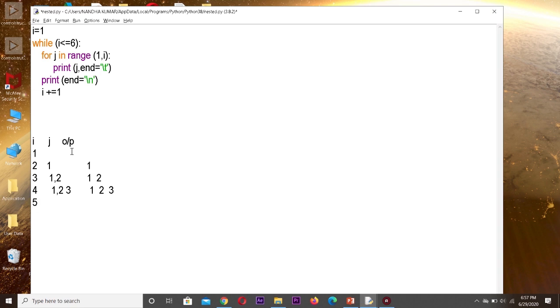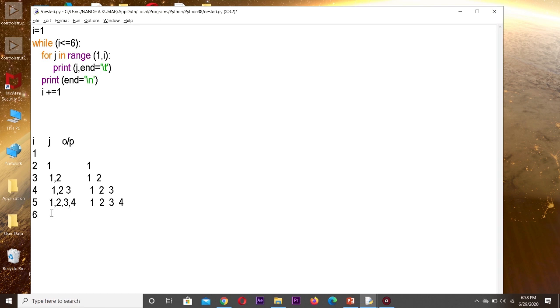Next i gets incremented, \n comes to the next line, i again gets incremented, so it becomes 5, and the condition becomes true. So j will have the range of values as 1 comma 2 comma 3 comma 4, because it is i minus 1. It will be printing 1, then a space, 2, 3, then 4 will also be printed. Then i gets incremented, it will be 6.